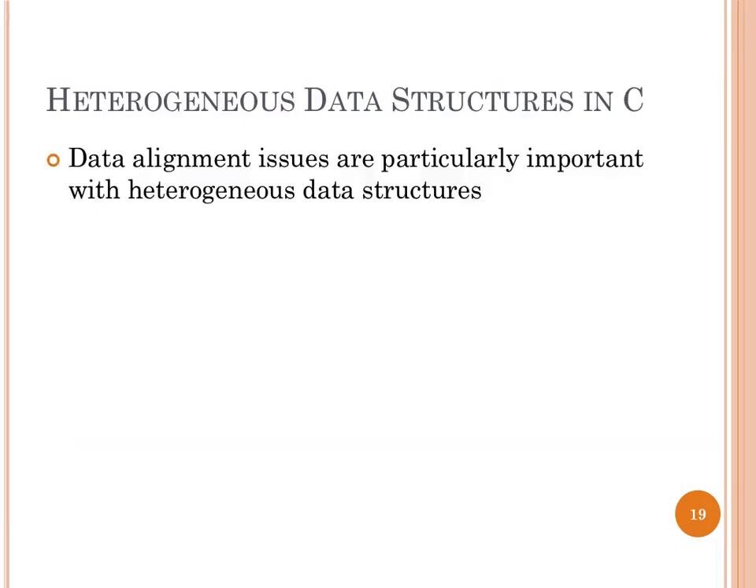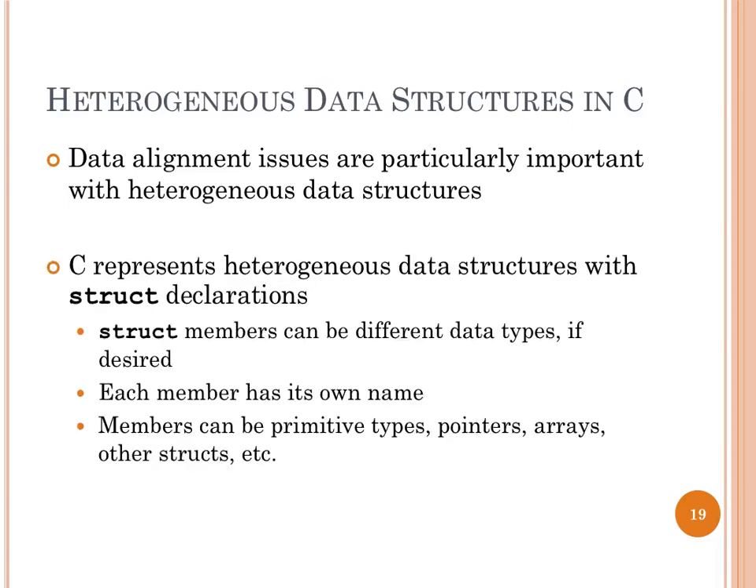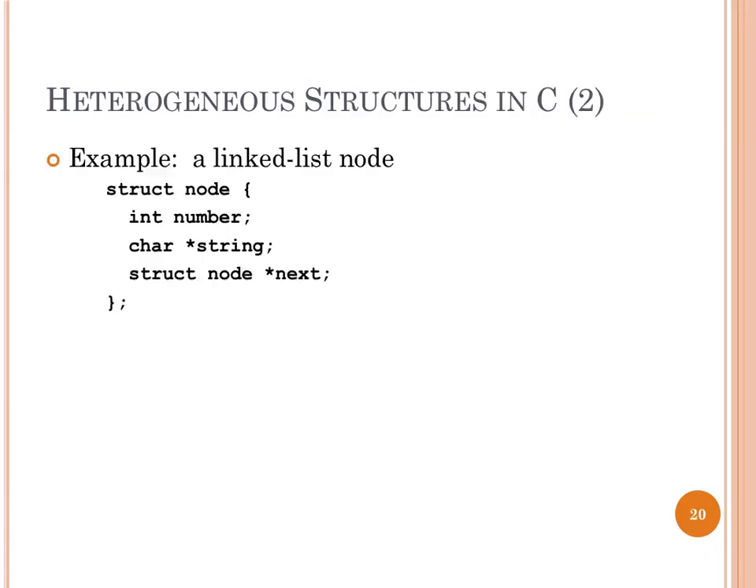Now, we've all used structs. You've seen them already. I'm hopeful that you're comfortable with them because you're going to be seeing a lot more of them in the next couple of weeks. But data alignment is actually really central in how structs are laid out. Okay? So we have struct members that are different types if we want. Each member has its own unique name so that we can reference them in our programs, and the members can be whatever we want. Okay? So here would be a linked list